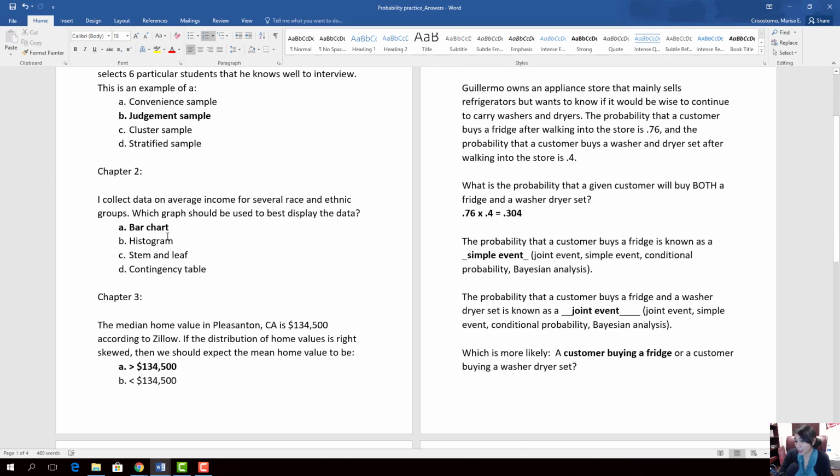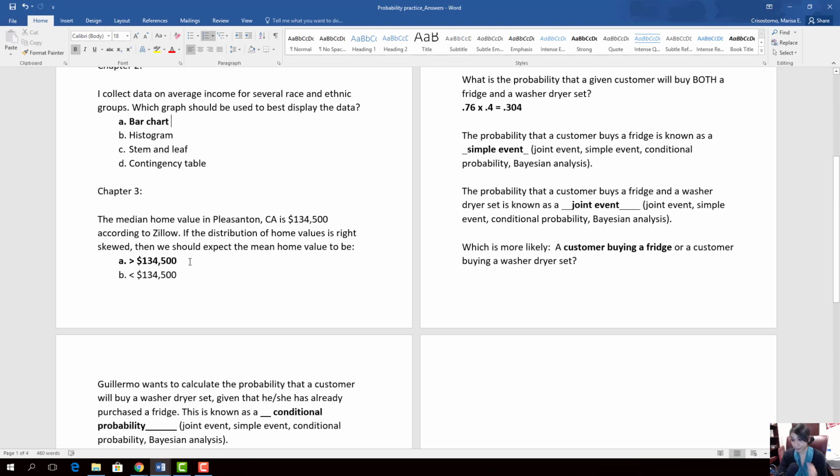Chapter 2: we collect data on race and ethnic groups and their income. Which graph would be used to best display the data? In this case, we have categorical variables, so that's going to be a bar chart. Histogram and stem and leaf are for numerical variables, and a contingency table is for 2 categorical variables. Because we only have the race and ethnic groups,